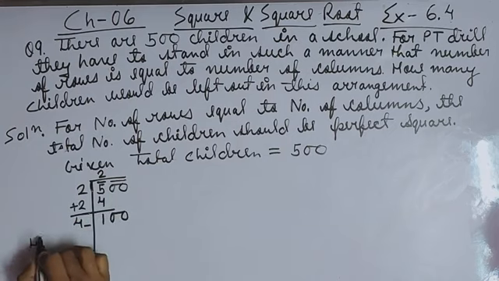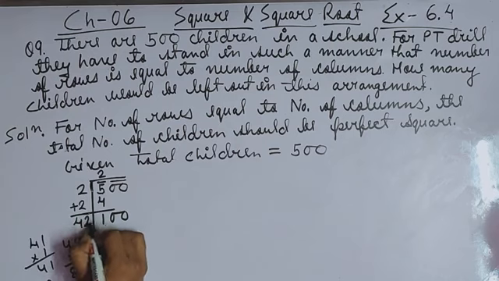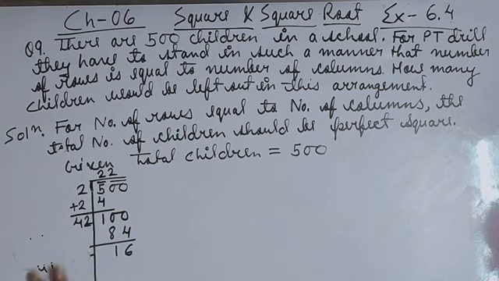So if you add 1 to it, 41 multiply 1 gives you what? 41 only. If you add 2 to it, then 42 multiply 2 gives you what? 84. If you add 3 to it, then 43 multiply 3 gives you what? 129. So what will be the number? If you add 3 to it, it is getting a number greater than 100. If you add 2 to it, it is getting a number less than 100. So that we are writing here 2, and this becomes also 2. So this is 84. Now 100 minus 84 gives you what? 16. कितना आ रहा है बेटा? We are getting 16 as a remainder.